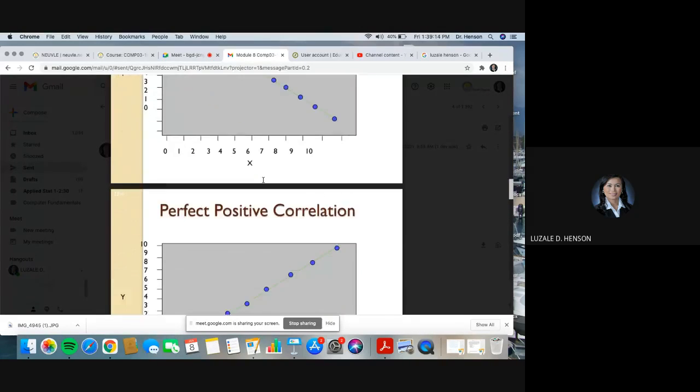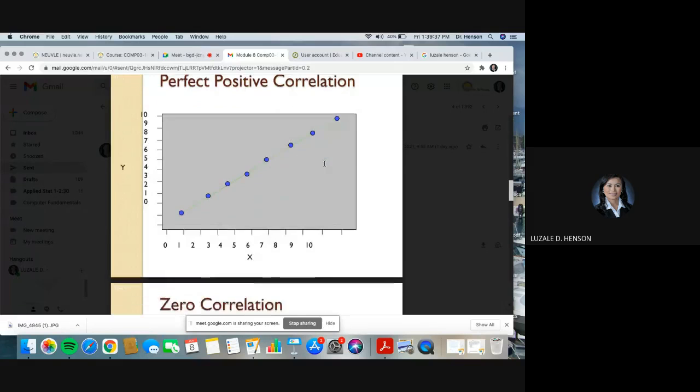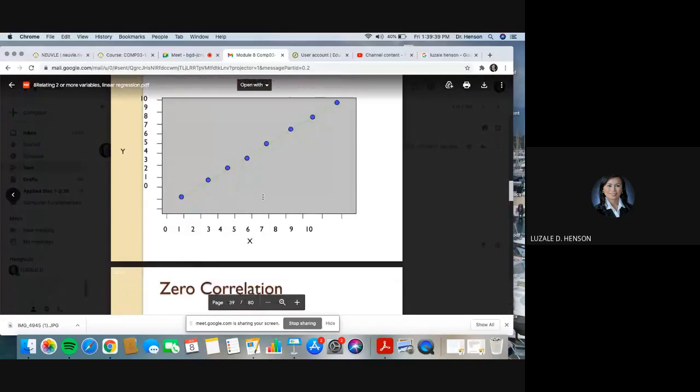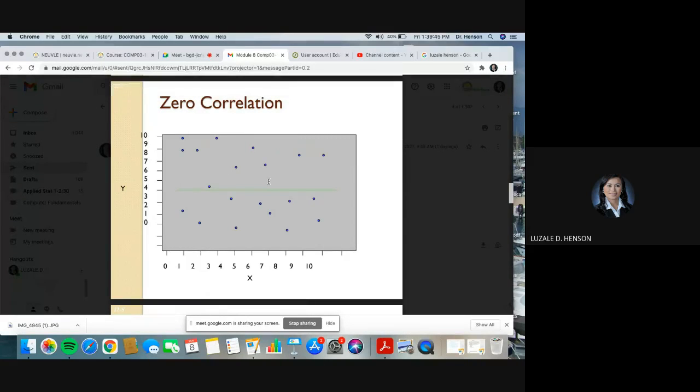Now, the other one is perfect positive correlation, in which as you increase your x, there is also a corresponding increase in y. So that's a positive correlation. This one is a perfect positive correlation because there is a defined line that you can see, obviously, somehow at a 45-degree angle. And then zero correlation is when you cannot see a defined line, either a negative correlation or positive correlation. There's no definite line that you can see as you plot your points in the XY plane.